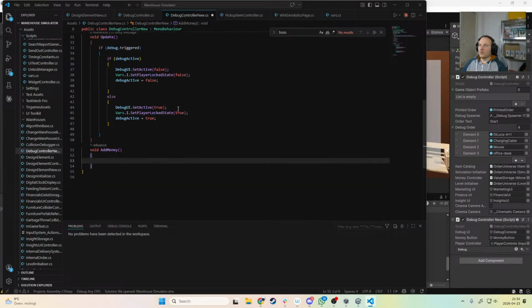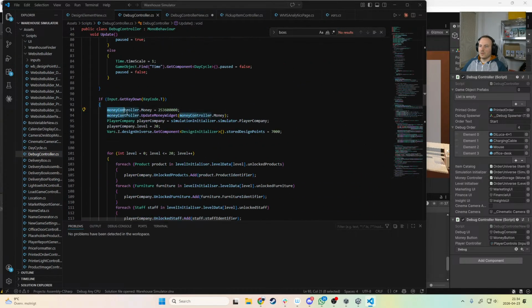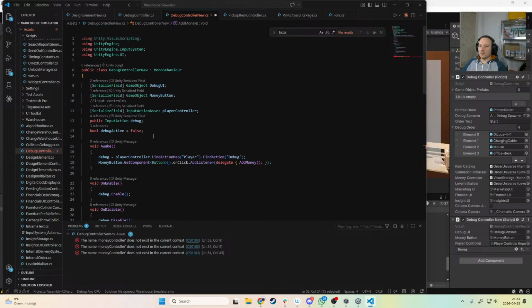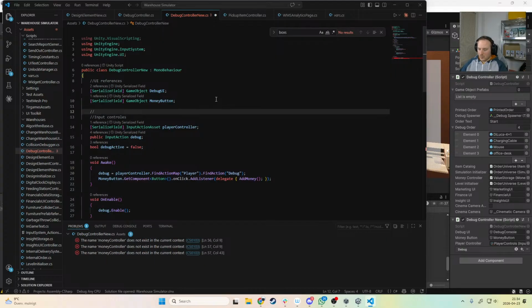Great. So what we want to do is copy what we have here and just adapt it a bit. This one was our old, set our money to this amount. And as you can see, our money is actually handled in the money controller. So we will need to add another reference to the game. So let's just give this one here a header. These are the UI references. And then we have the other references,